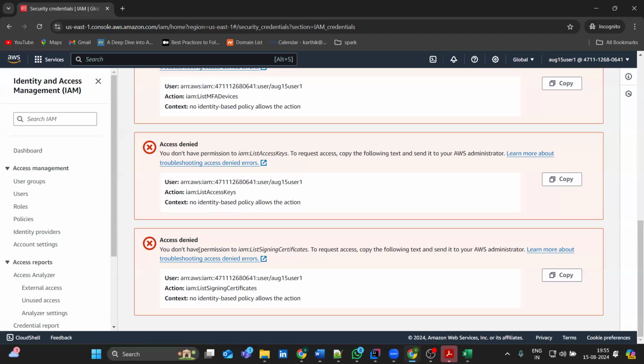How clear you are on identity access management will help you when you are building data pipelines. When you are building data pipelines, the majority of the errors will come from IAM only. First of all, you should be able to understand what the error is, and what the root cause of that error is. Whether the root cause is from IAM or from other things. If it is from the code perspective, obviously as a developer you will resolve that. But if it is from IAM,